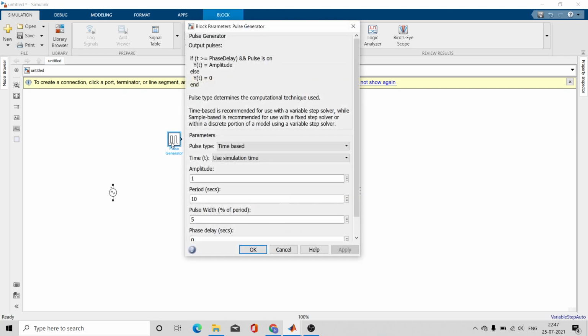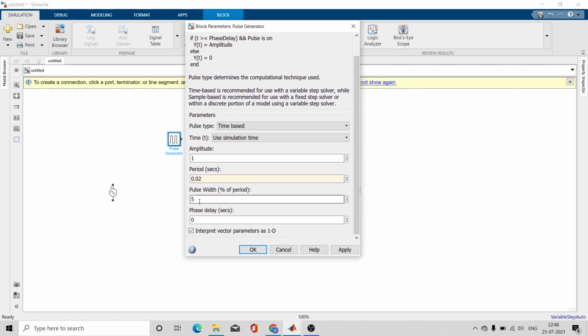So click on this. So this pulse generator will generate a pulse of amplitude 1. Don't change it. Period for this pulse, let us give it as 0.02 seconds, because you know that one cycle is 360 degree, or you can say that 20 millisecond. 1 by 50 hertz is 20 millisecond or 0.02 second.